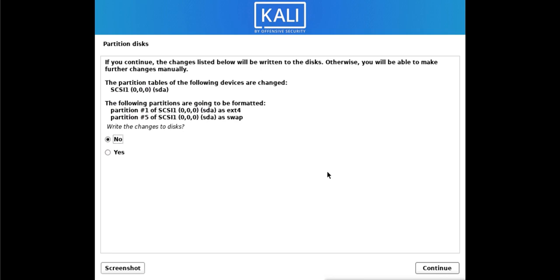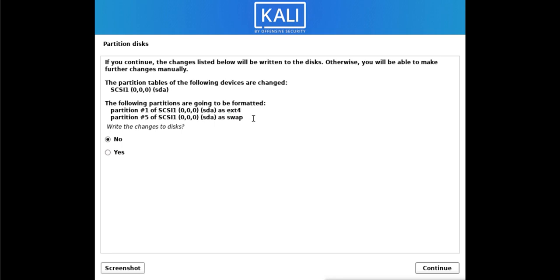Now again it is asking me that if you continue, the changes listed below will be written to the disk, otherwise you will be able to make further changes manually. The partition table of the following device will change and the following partitions will be created. And this is the file system for Linux, ext4.